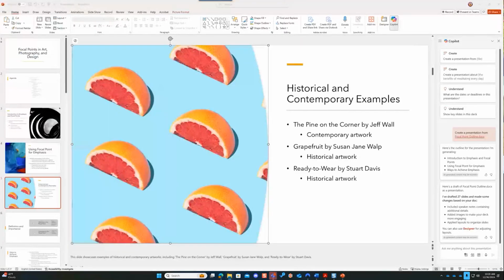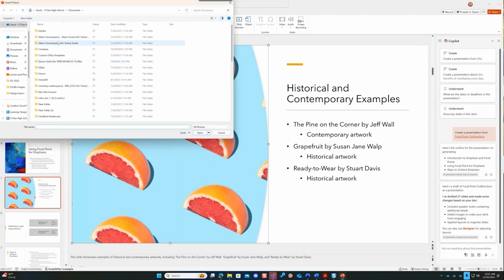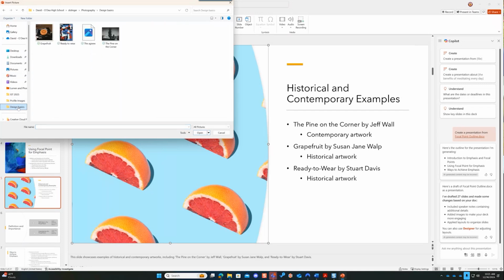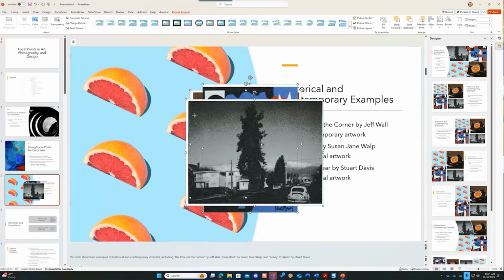So what I want to do now is insert just a few of my own images. I want to update this a bit. I'm not going to update the whole PowerPoint, but what I want to demonstrate is how this saves time. We can upload from this device. I've got this in my Design Basics folder, and you'll see I've got these 3 images that I want to add. So I can throw these in there, and Designer is going to give me some examples. I do want to delete